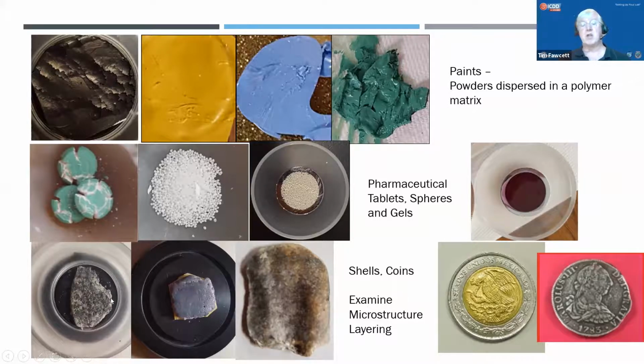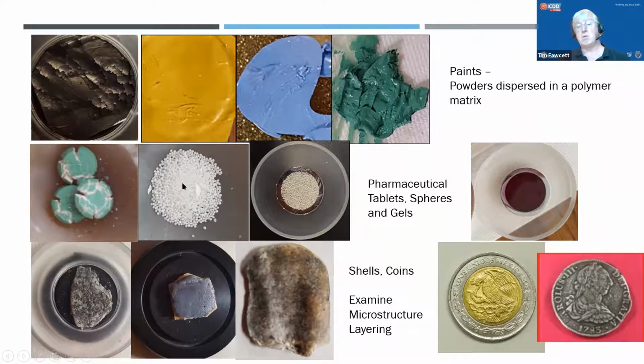We wanted to see how the shell was built. So we wanted to measure texture to find out how these platelets of calcium carbonate were oriented. In the coins, we were looking at whether the coins were cast or cut out of a rolled sheet. That was part of our investigation in addition to the phase analysis. So these things were all analyzed with the hope of looking at the microstructure and gaining some information about the